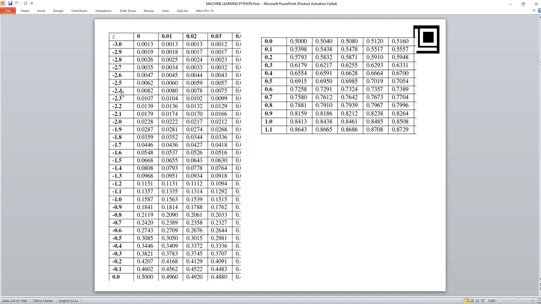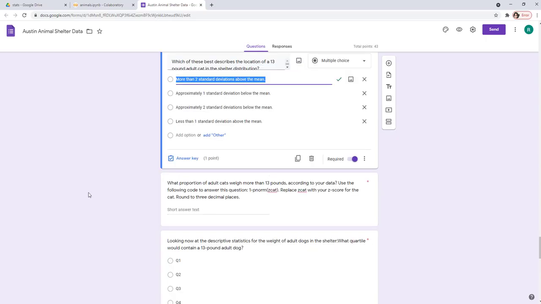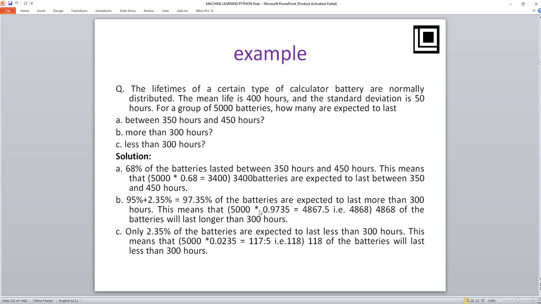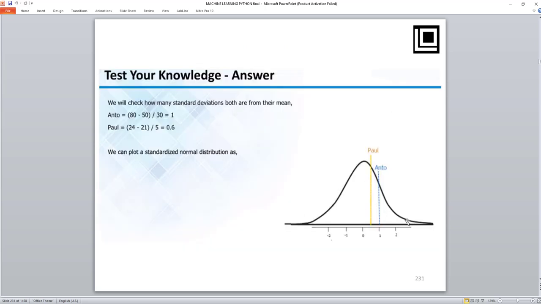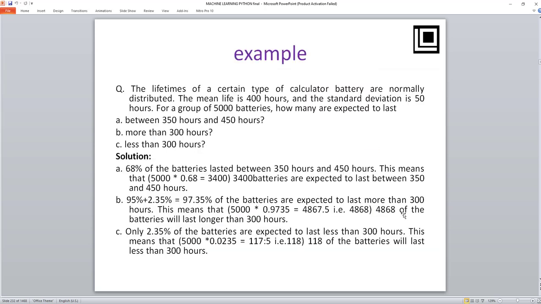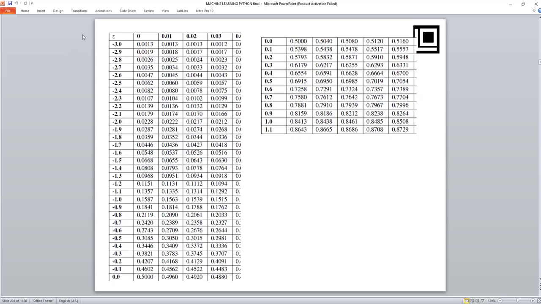Looking at this table, if you remember, we're trying to find out what is the value for this particular z-score here in terms of percentage. So we know that our z-score is somewhere here, 2.29, and we're trying to find out the percentage.